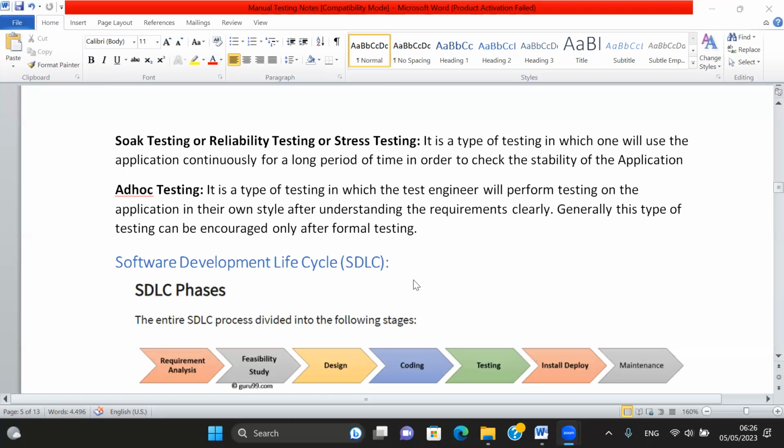So what is meant by performance testing? What is meant by performance? How the application is behaving, and how it is working in response. Okay, one by one. In how many seconds... See, performance. See, for example, I will ask